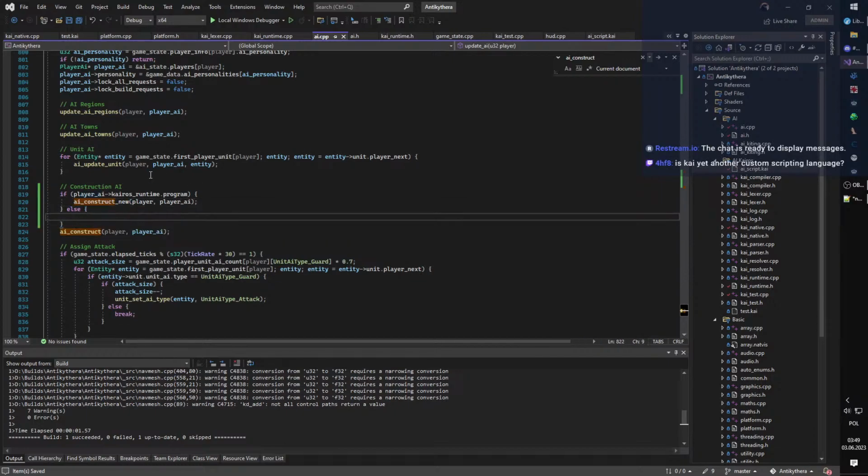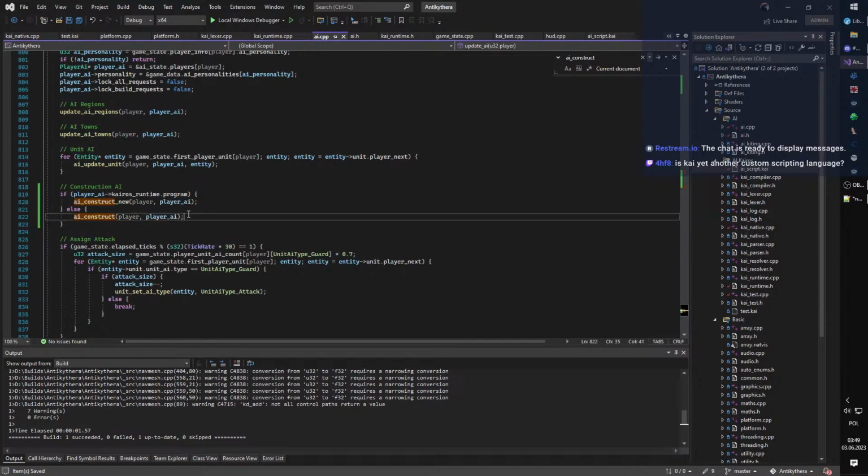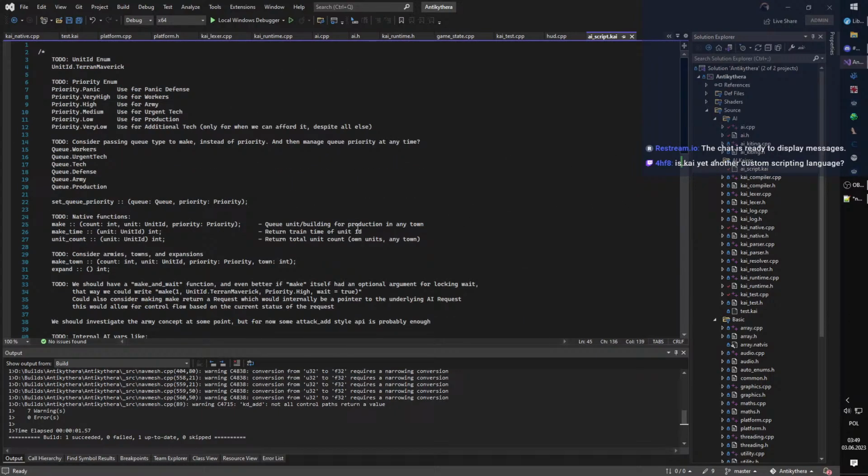It's called Kairos, and it's like a domain-specific scripting language. I'm trying to make it as fast as possible without it being compiled. It's kind of the requirement I have, unfortunately, because compilation is just not in scope. It's too difficult and too unwieldy for this. But basically, this is a language for AI and triggers for an RTS game, and it's meant to